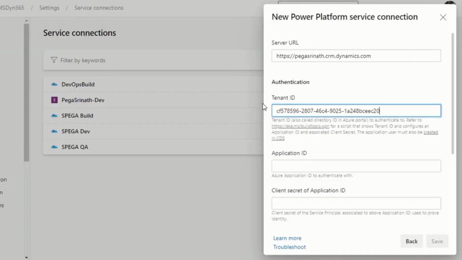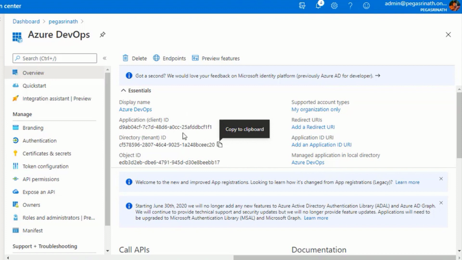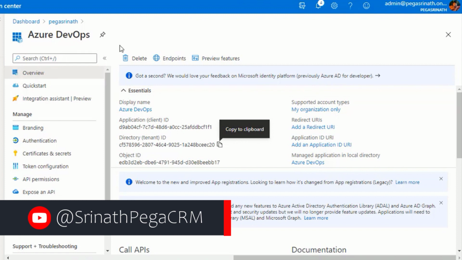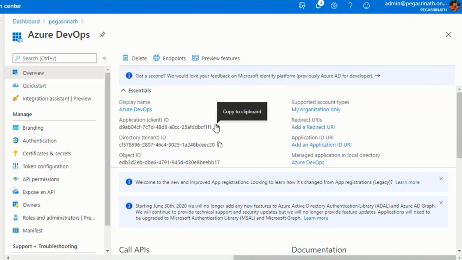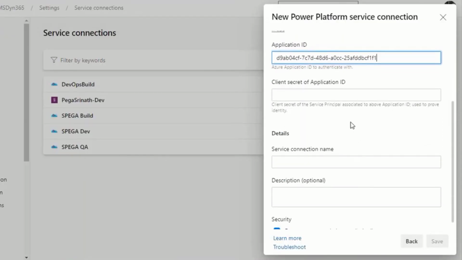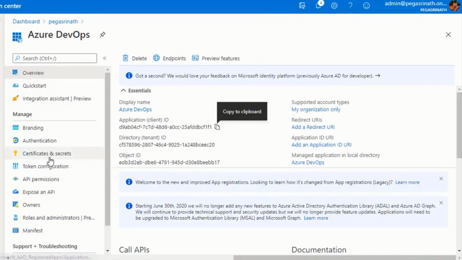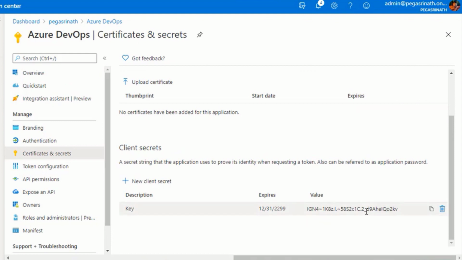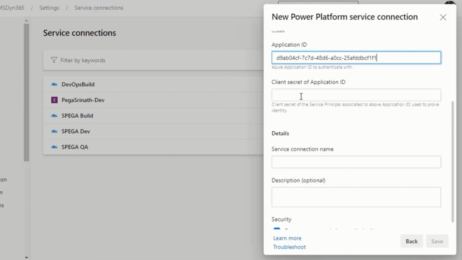and paste it here. And now it's asking for the application ID. This we will also get from the app registration. Yeah, this is the application ID of the client, meaning this app registration client. So let's copy this, paste it here, and now it's asking for the client secret of the application ID. We created a secret key for this application, under certificates and secrets. So copy this and paste it here,